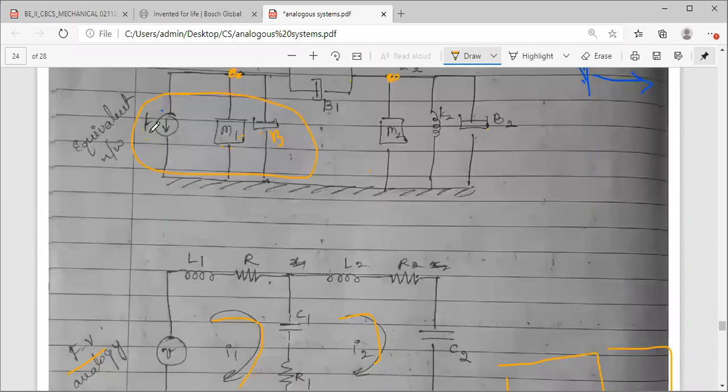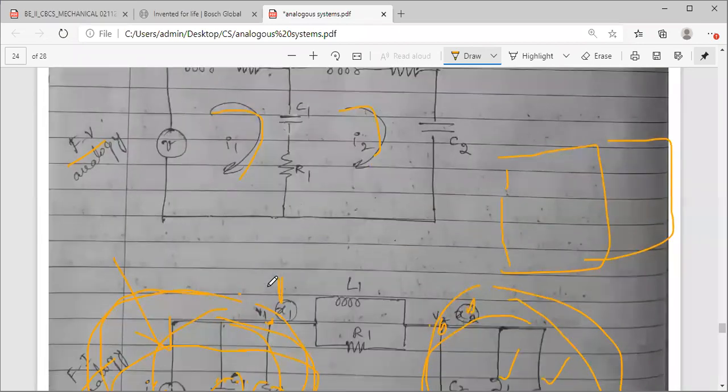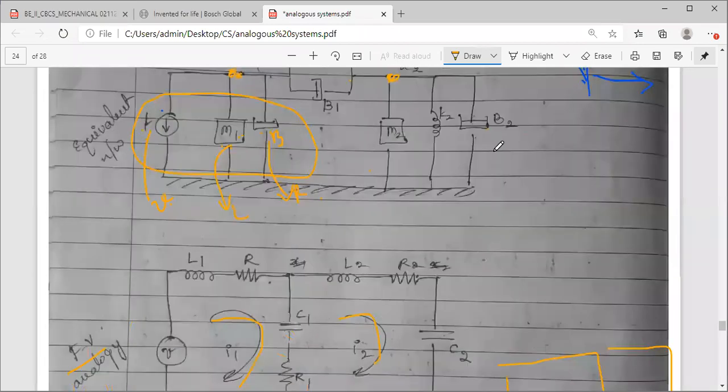So what I have to do? Three things: force is nothing but voltage, mass is nothing but inductance, damper is nothing but resistance. So these three things we know are identical, analogous quantities in electrical. Now in case of current analogy, we took three elements in parallel as it is. जो जैसा connection है simply replace कर दो, force current मिल जाएगा. Force voltage के लिए connections आपको जो parallel है उसको series में convert करना पड़ेगा.